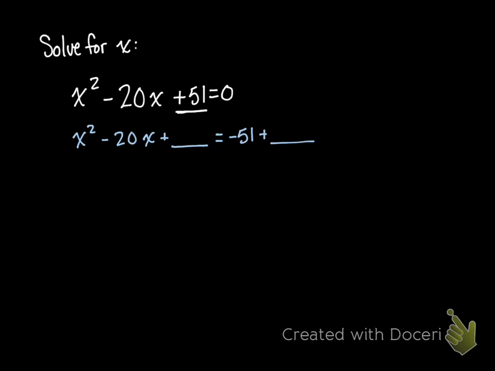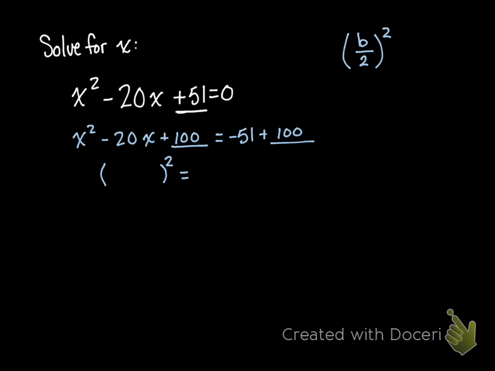To do that, this is our, I guess you could call it, little formula. We take our b term, divide by 2, and square that. So 20 divided by 2 is 10, squared is 100. We're going to add 100 here, add 100 here. And now the left side of this equation is easily factorable, and it's a perfect square, so we can write it as